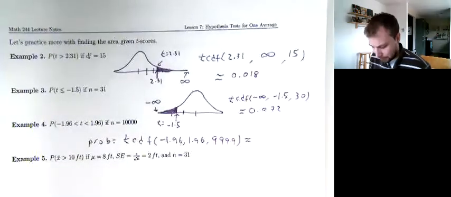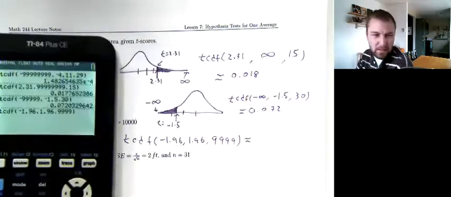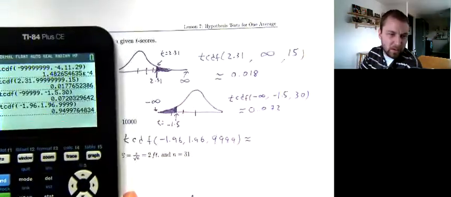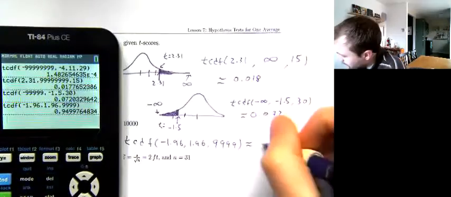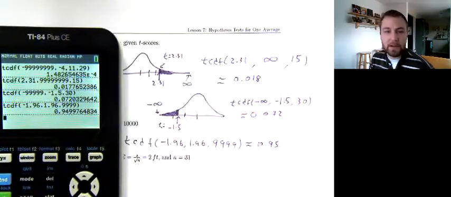That negative 1.96 and positive 1.96, that sounds really familiar, but I'm just going to type it in. And when I did that in my calculator, I ended up getting 0.95. So my critical value for 95% was 1.96,